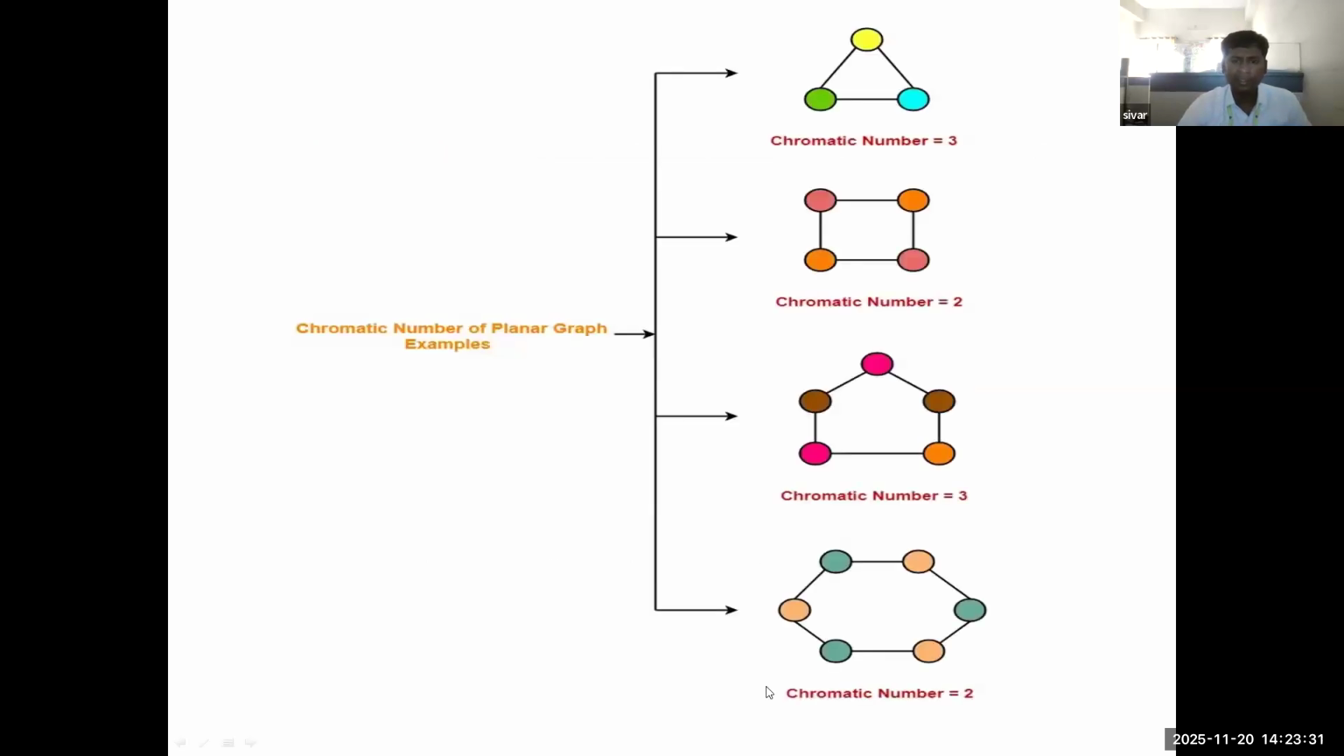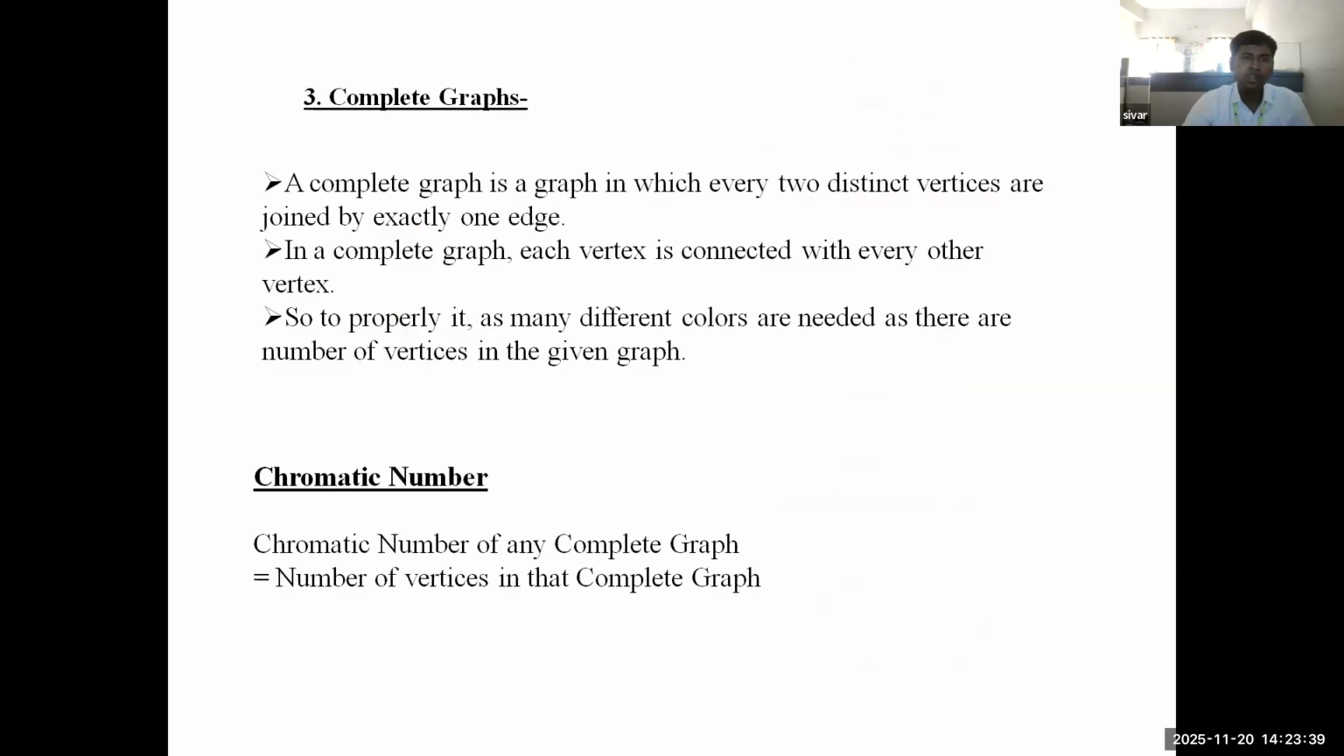These are some planar graphs. You will see that the chromatic number is below or equal to 4. Okay, that is the planar graph. Next one is